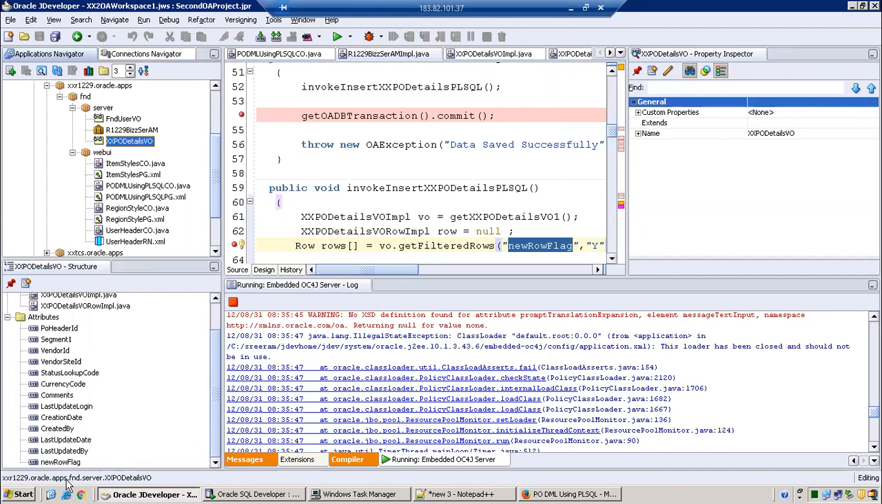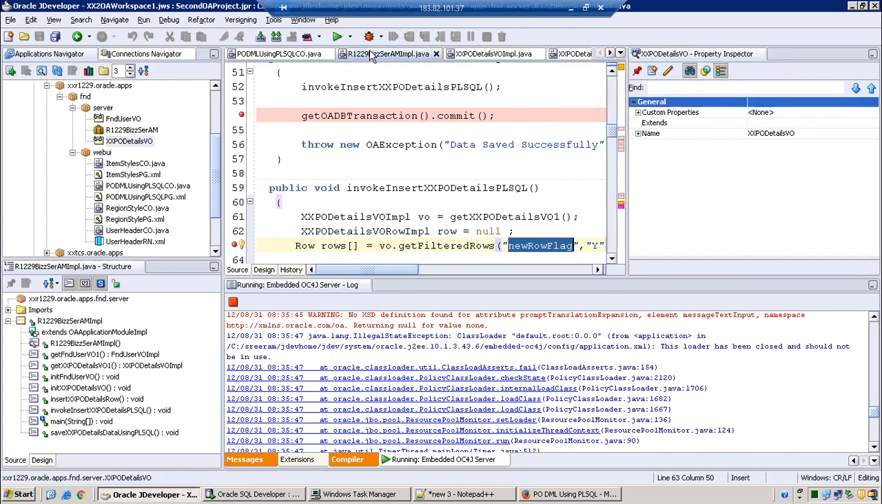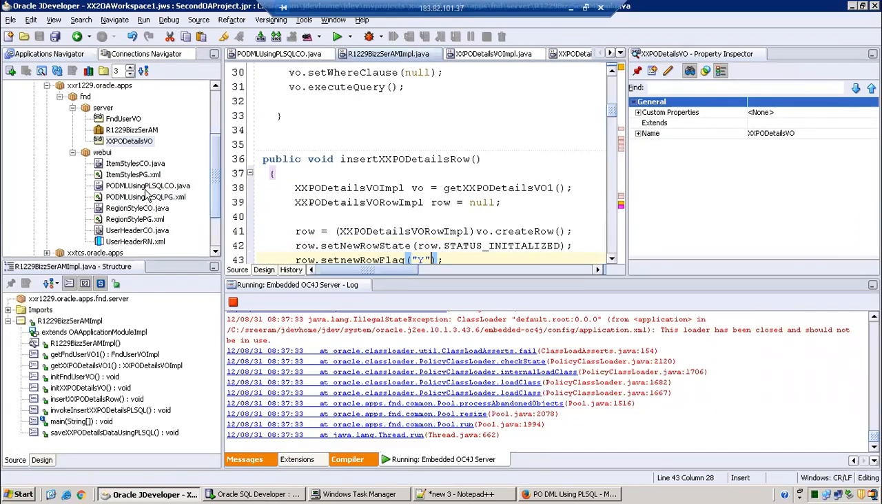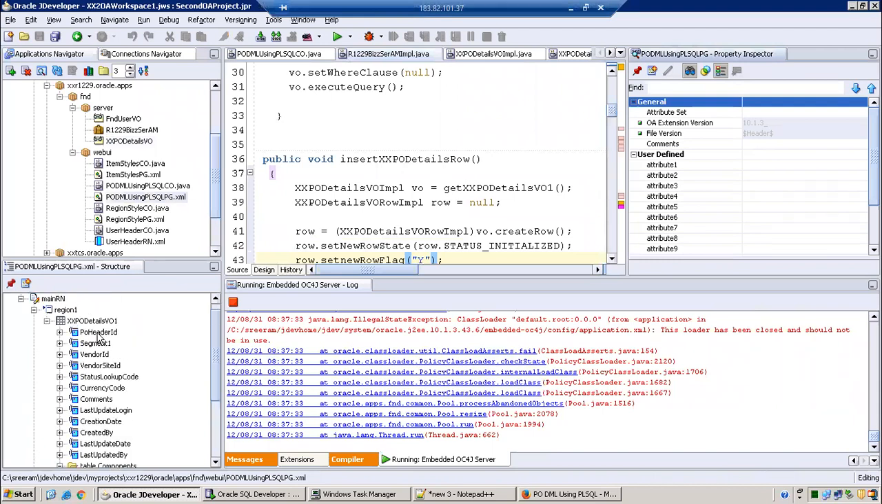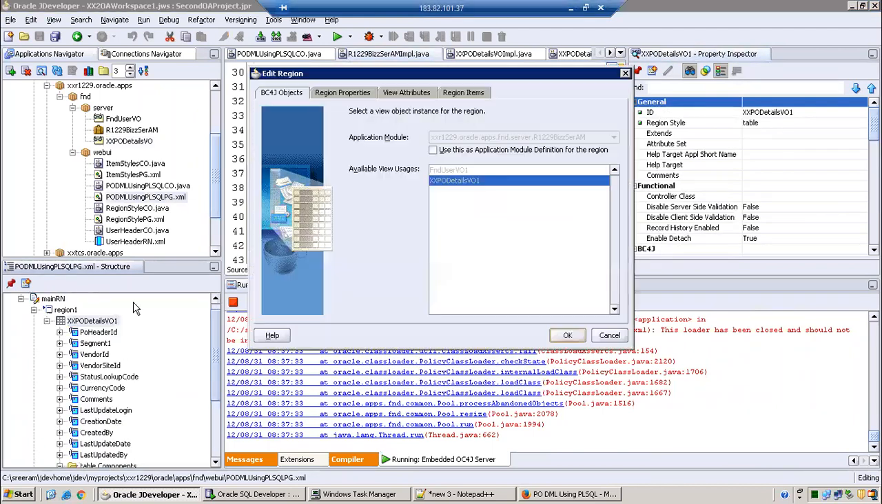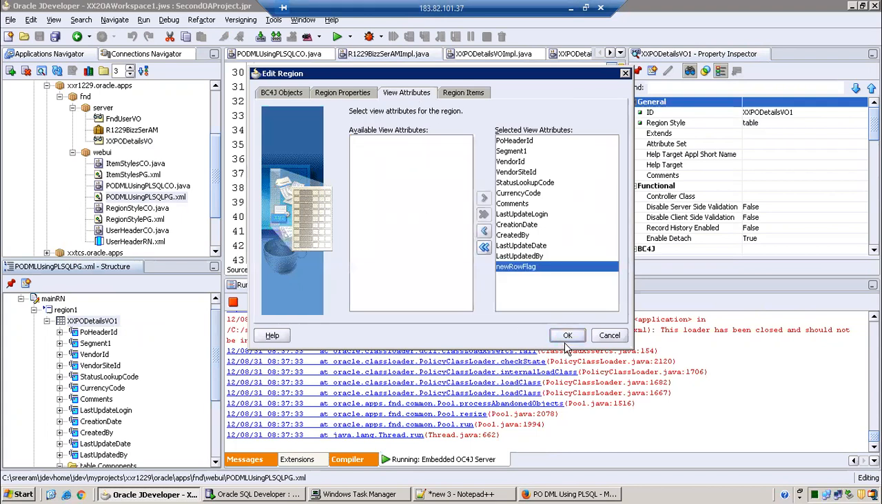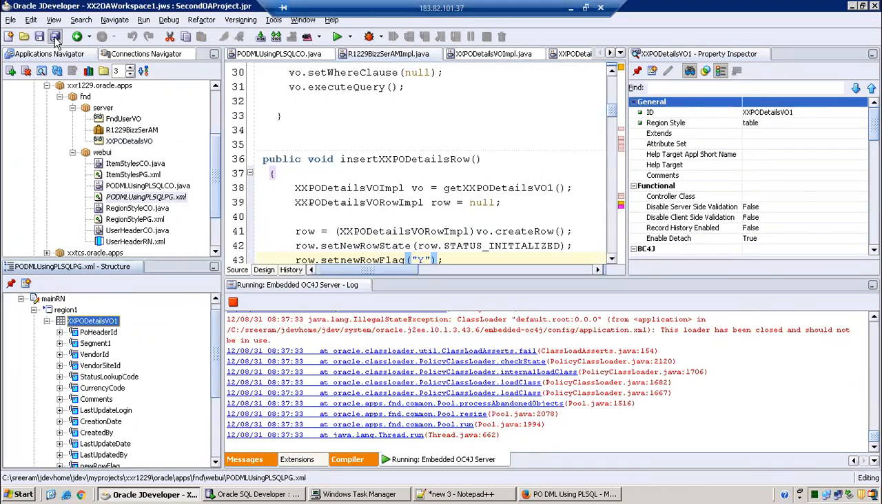Yeah, it is correct only. New row flag. Okay, and what are we setting? We are setting the value of the flag as y. This is also correct. Okay, and maybe for display purpose also, I'll just display that as of now. New edit region, region attributes, VO attributes. I'll set this flag also in the UI. And now